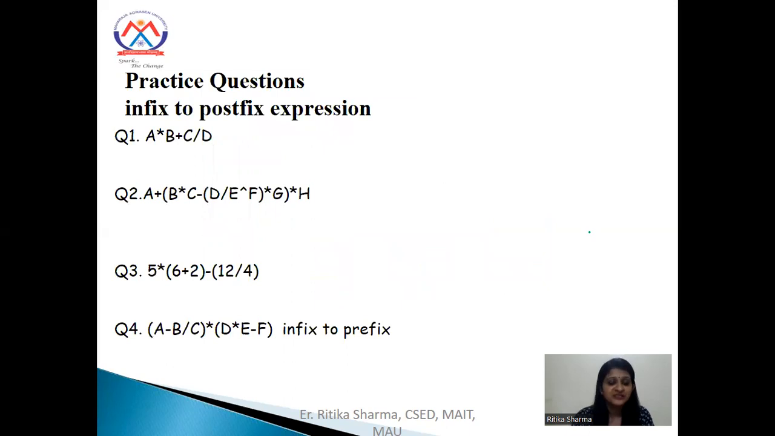These are some practice questions. You can perform all these questions and solve accordingly. The answer of the first question is A B star C D slash plus. Second question: A B C star D E F exponential